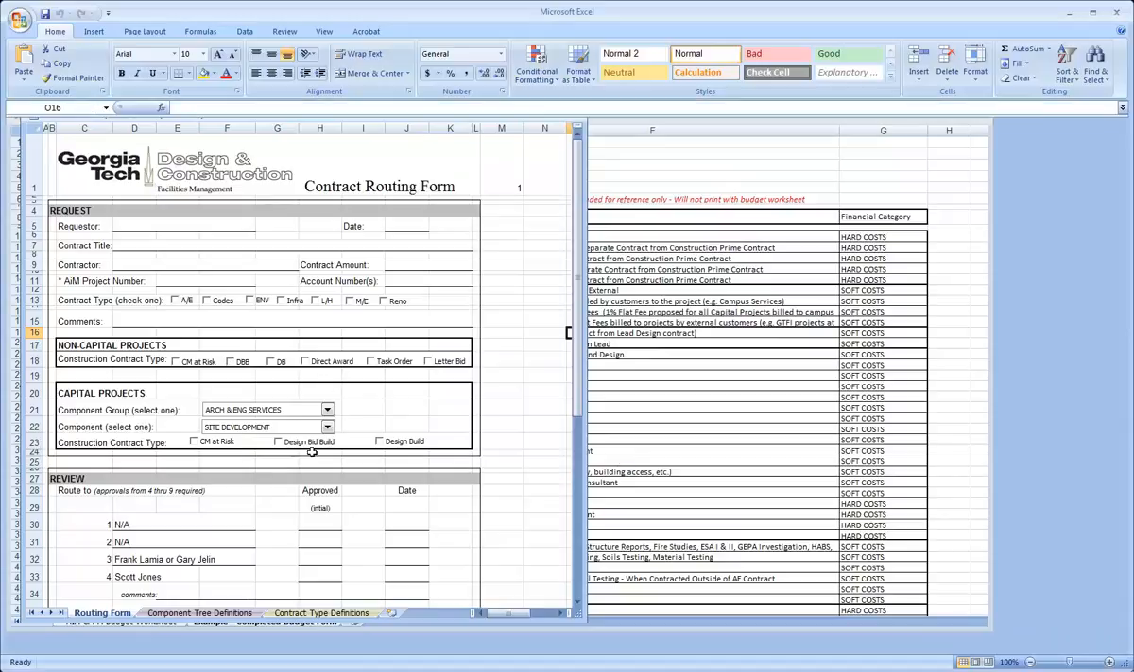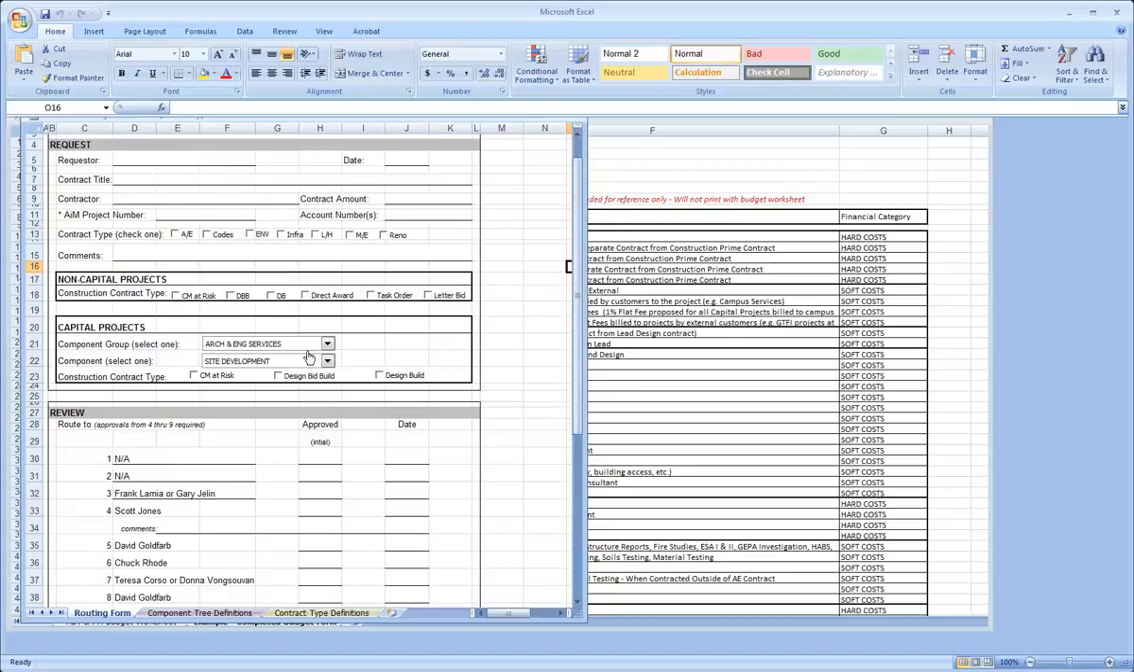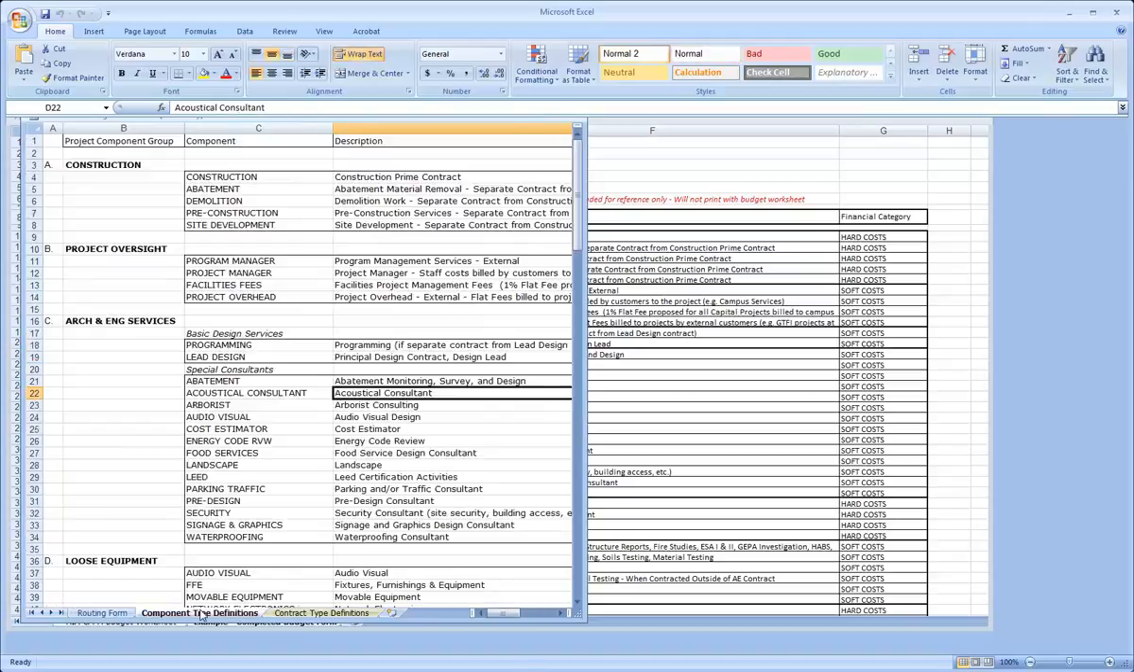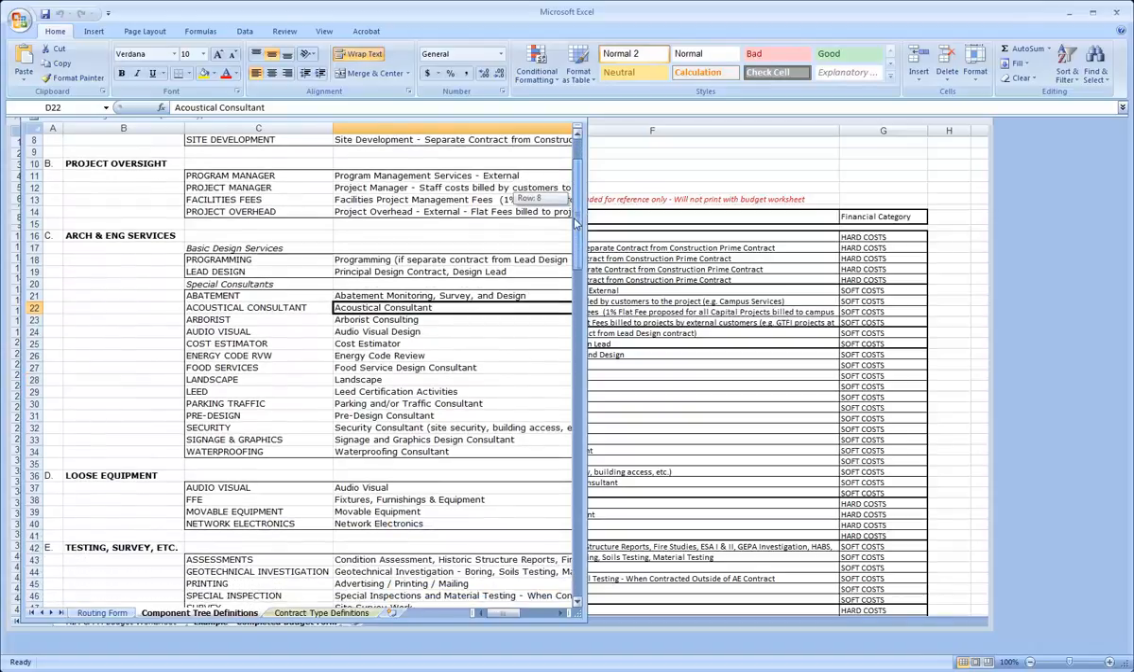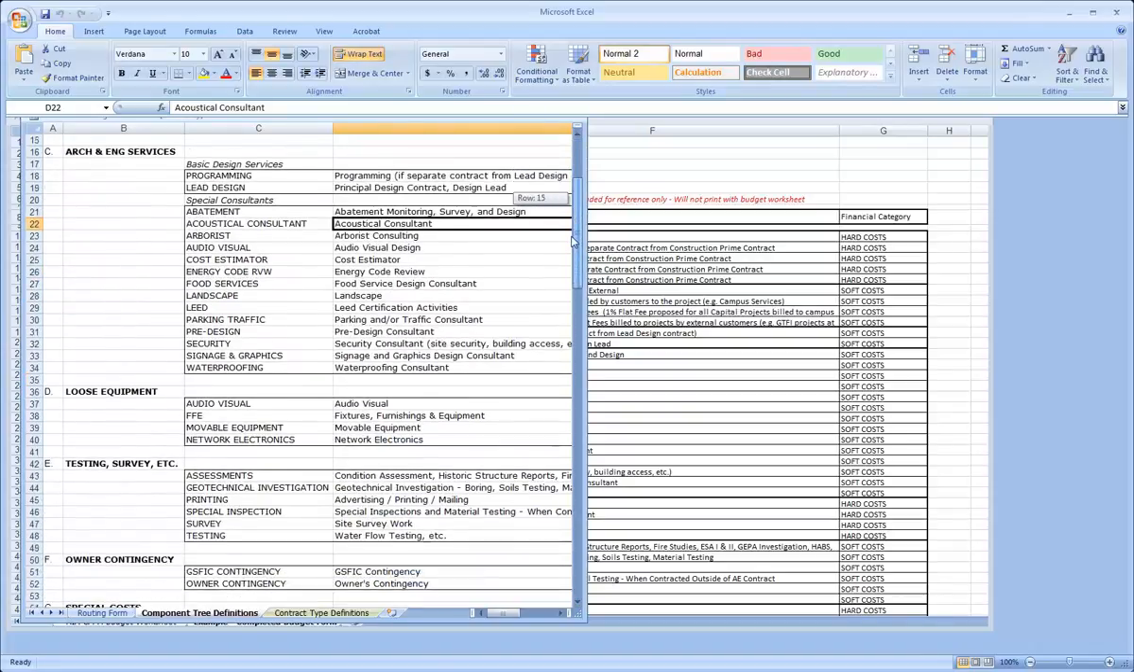That activates the macro which operates these pull-down menus. These pull-down menus are the component groups and components that we just went through. They are the backbone of organizing the AiM system. If you're not familiar with them or you need a quick reference, the component tree definitions are on the second tab. Again, this is just an outline of all the components and component groups that have been set up for